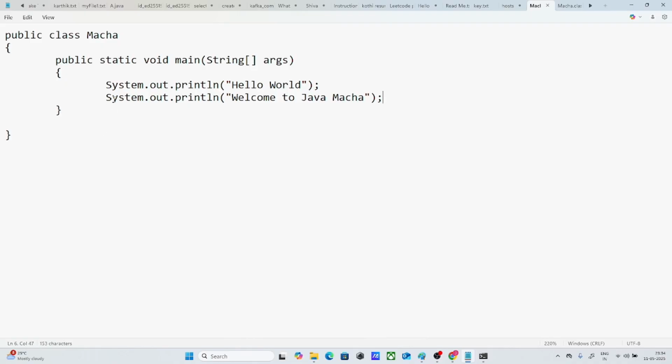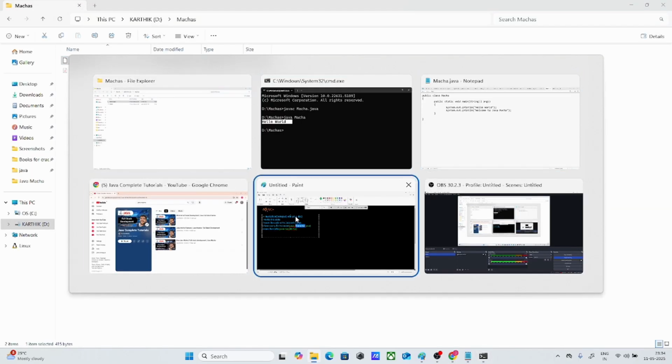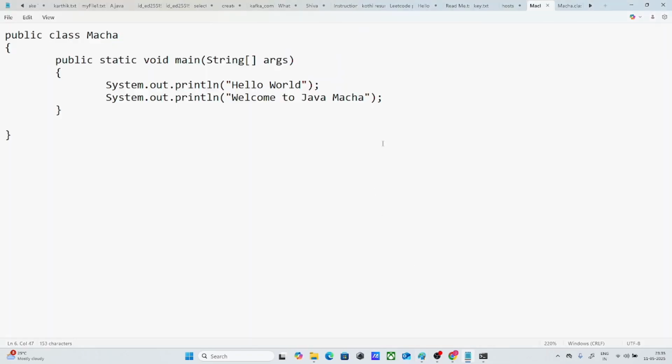Save the code. Once you modify the code, again you need to follow the same steps. What are the steps? Write the code. I have written the code. I have saved the code. Same thing, .java extension. So you need to compile and run. If you do any modification, again you need to do compilation, because